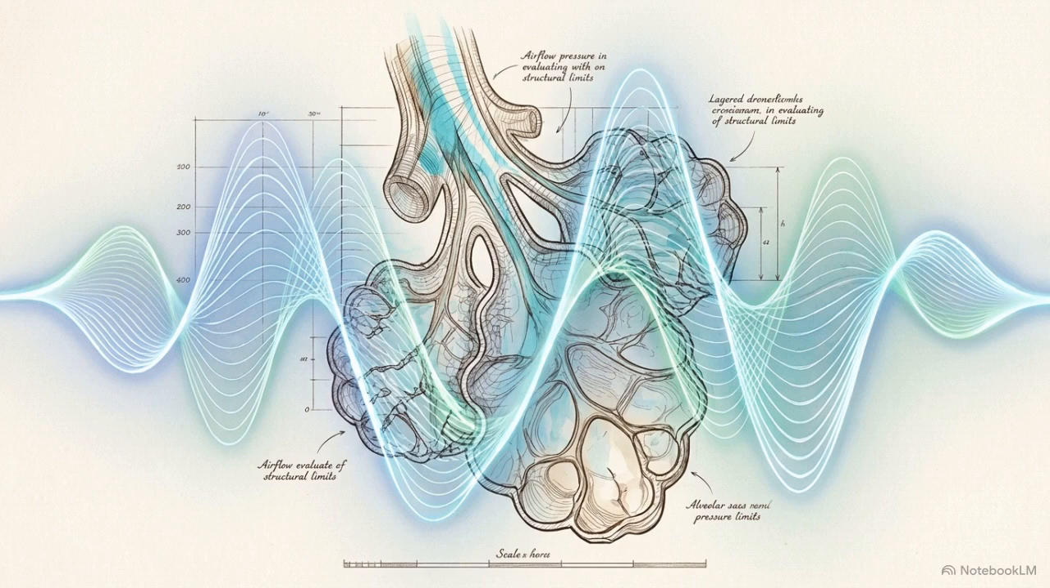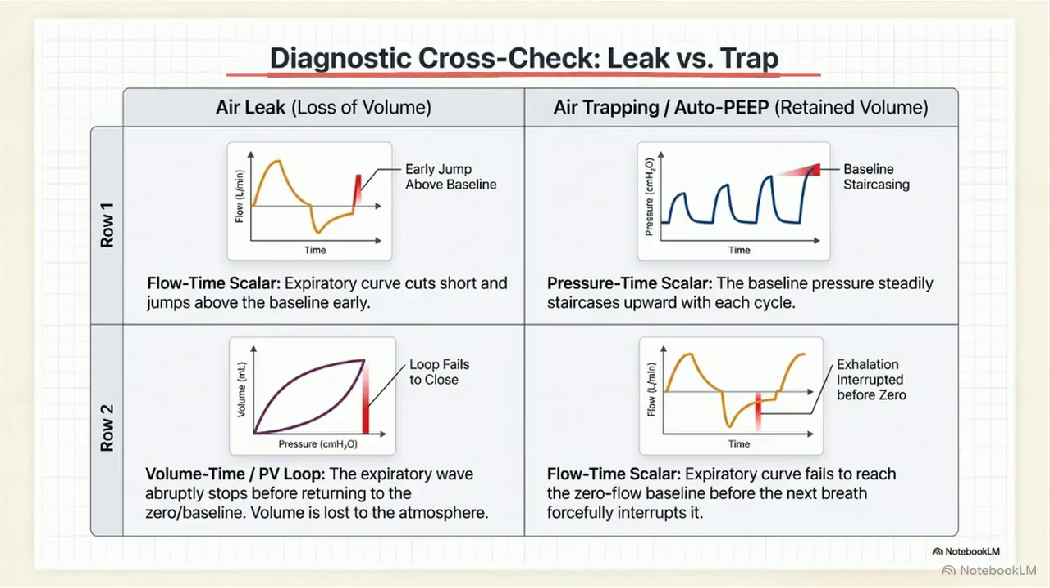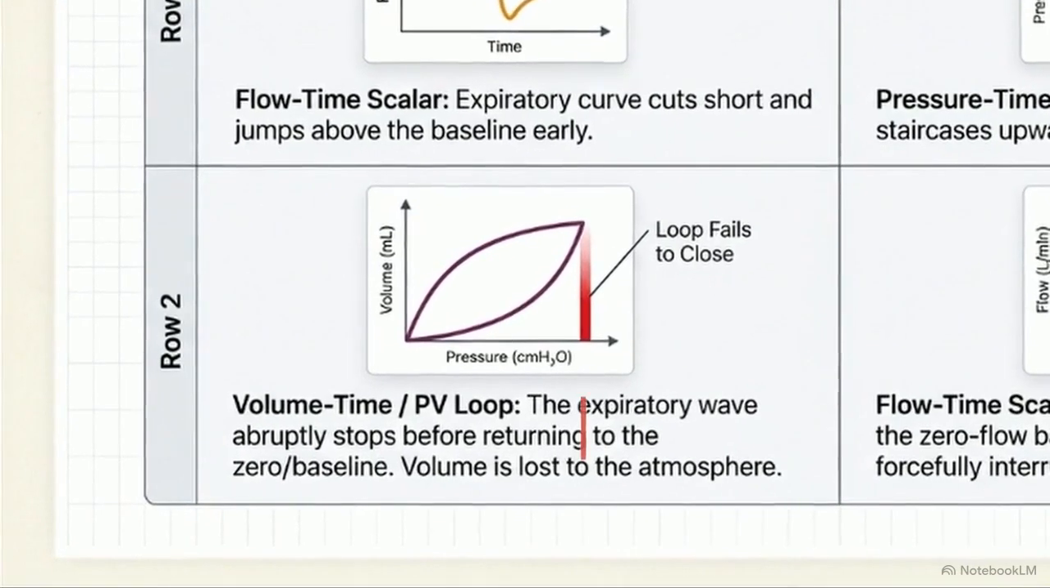Relying on a single graphic in isolation can lead to the wrong intervention. Safe clinical practice requires cross-referencing data across multiple views. This matrix differentiates an air leak from air trapping, which look similar but require opposite treatments. An air leak causes the volume loop to stop before the baseline,